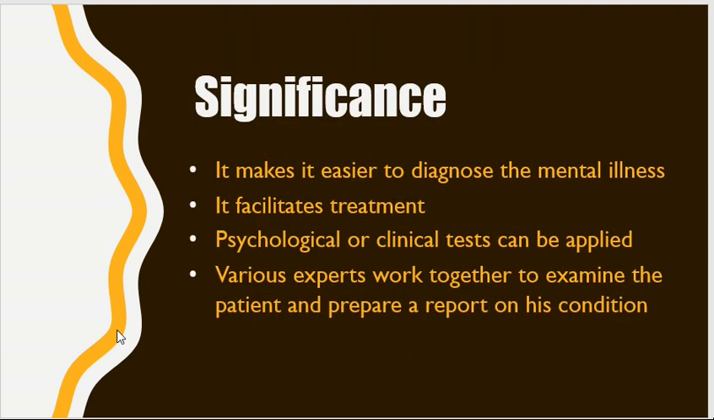So, what is the significance of this case history method? Is it clear? Number one, it makes it easier to diagnose the mental illnesses. Case history method makes it easier to diagnose because in this method we take the detailed account of client's symptoms, client's behavior, and his behavior in the environment, or we can assess any sort of physical ailment related to that mental illness. This method facilitates treatment because we gather a huge sort of information and then that information helps us